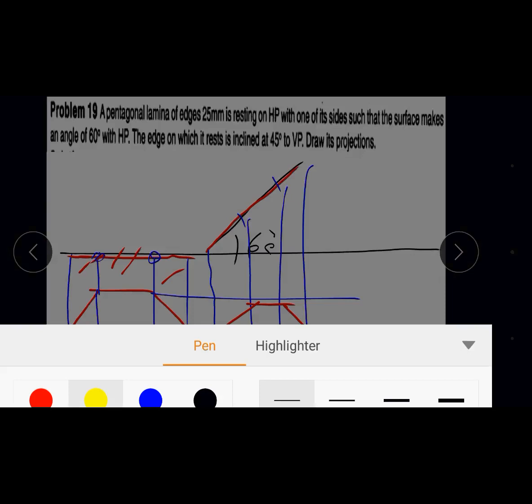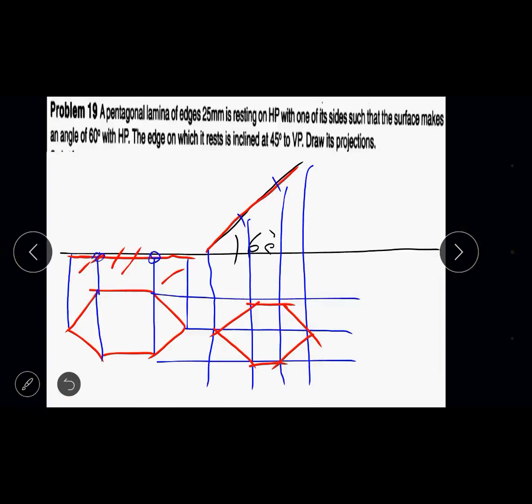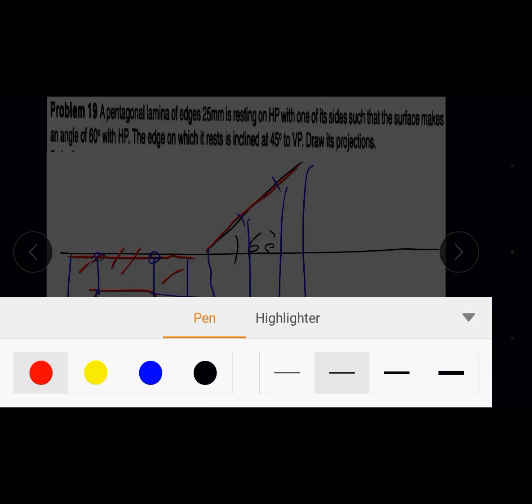I'll change the color. I'll make it black. So this corner of the hexagon. So the right corner of the hexagon is the corner which is placed opposite to the resting corner. So that corner of the hexagon has to be taken and placed on the XY line. So how do we place it? So you will get the hexagon in this way. Ultimately, at the end, you will get the hexagon like this.